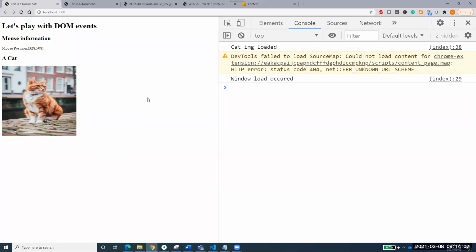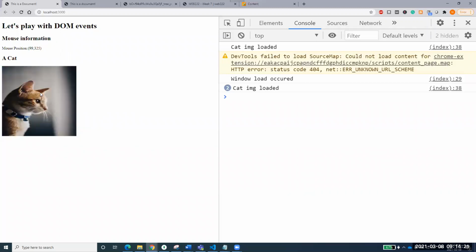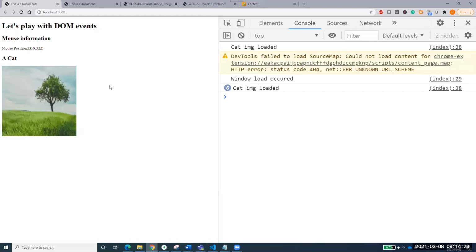Is it working for you people? So you are right, Donna. You are asking that 100 and 200 are not changed. So I'm not changing it. I will not change 100 and 200 by myself. Rather, I want my JavaScript to go and change that 100 and 200. You see here now it's three things working. Cat image is loading and my mouse is moving.